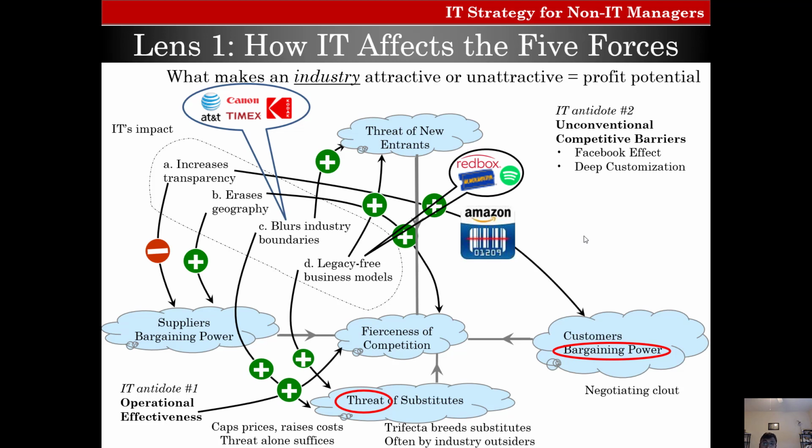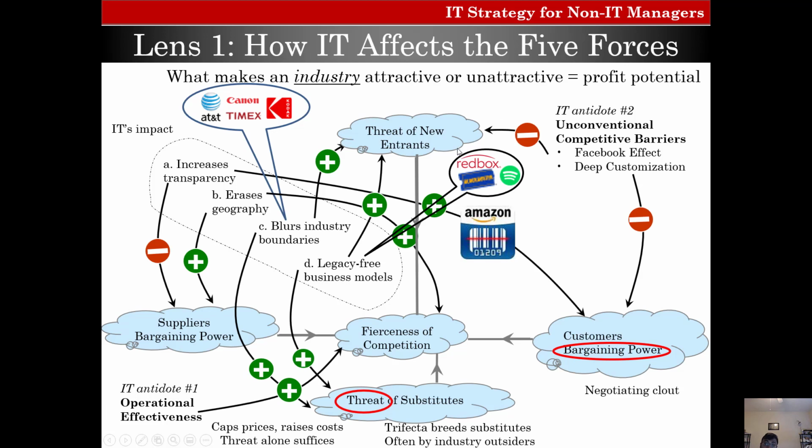So sure, you can get out of Facebook and move to another social media, but then the whole purpose of social media is to connect with others, and if everybody else is in Facebook, who's going to make the first move? So information technology does create a lot of unconventional competitive barriers, which reduce customers' bargaining power and reduce the